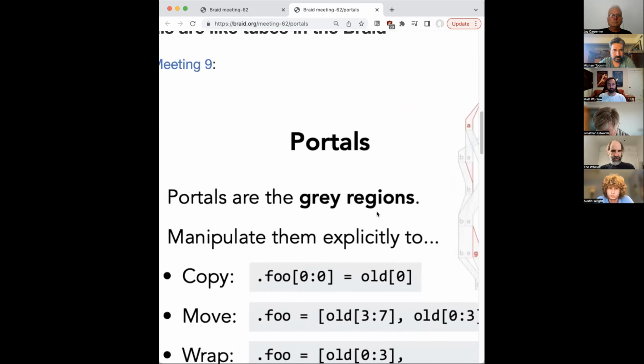So you can think of portals implicitly every time in the unchanged region around every edit. If we insert hi at the beginning of the string here, then the part that's going from world to world, you could think of that as a portal. That's just like the identity, the implicit portal. And that means that these 2 expressions are equivalent.